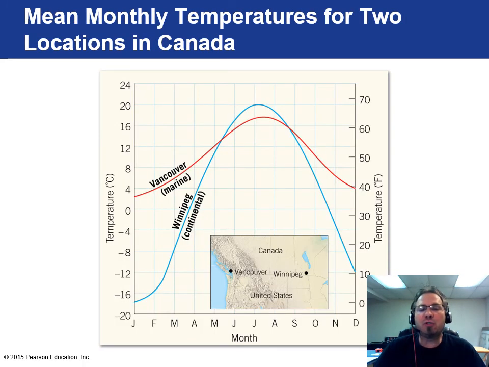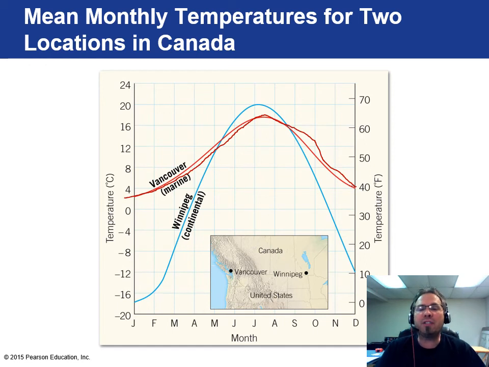This image here shows two Canadian cities, Winnipeg and Vancouver, and the vast differences in their temperatures. Now, Vancouver lies essentially right on the ocean. It's actually in an inlet, but it's very close to the ocean. So their weather, as you can see in this image, is very flat. They don't have the extreme variation that other places would have. Obviously it gets hotter in summer, but it's just not as extreme.